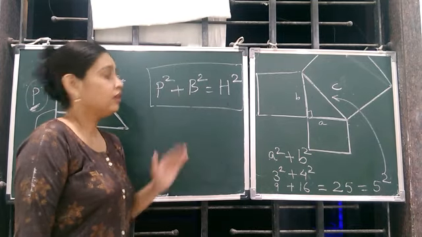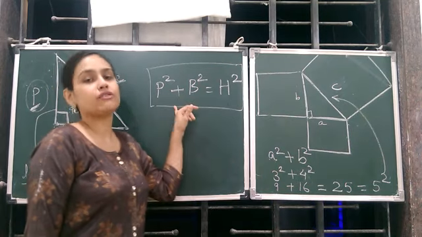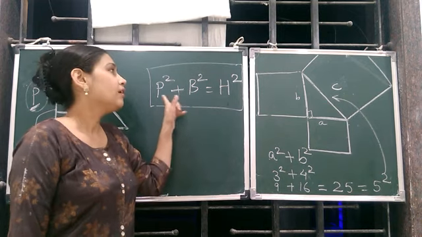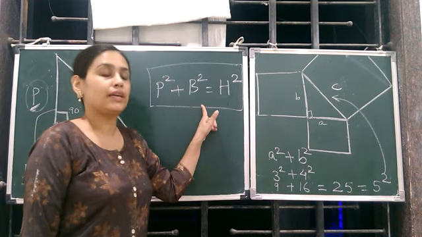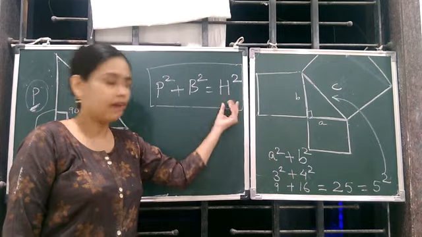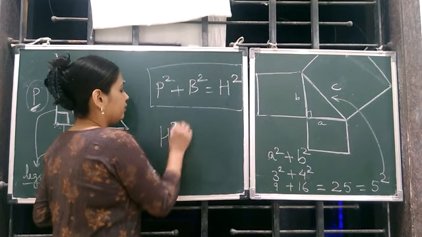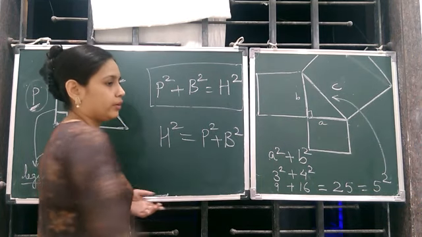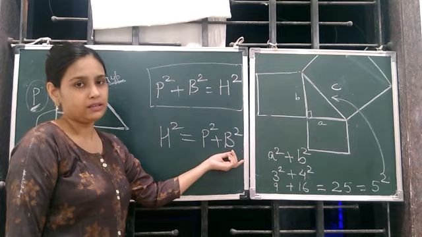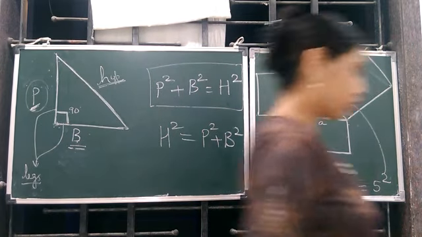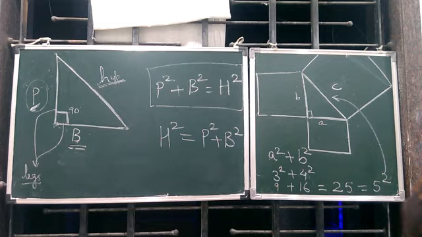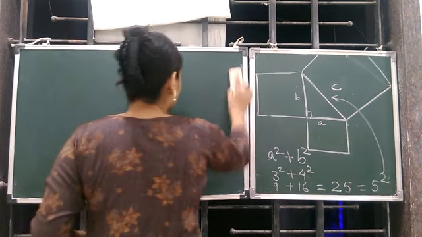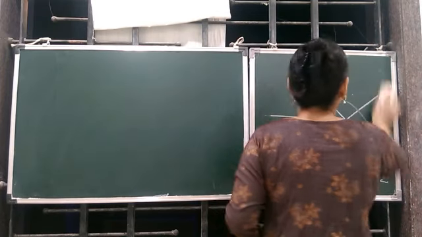Remember that. Every right triangle always follows the property of the Pythagoras theorem. And what is the Pythagoras theorem? Perpendicular square plus base square is equal to hypotenuse square. Or we can say it first: hypotenuse square is always equal to perpendicular square plus base square. H square is equal to p square plus b square. So depending on this property, there is try these, which we are going to continue now.